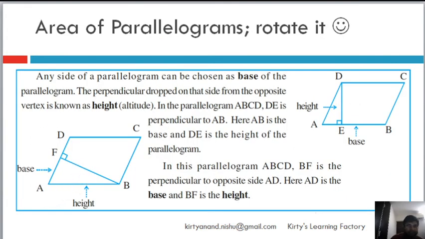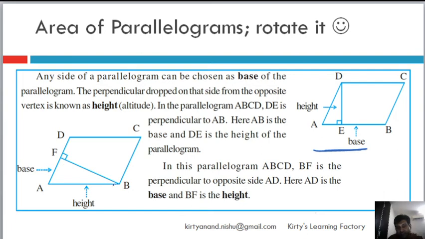So similarly, this is for you to spend some time and understand that any side of the parallelogram can be chosen as a base. So do not get confused that if I am drawing the parallelogram like this here, then only CD will be the base. It is not like that, and this is the height. Like I explained earlier, you can choose the other side. Like CB can also be the base, but then the perpendicular will change, the height will change, right? This will become your height.